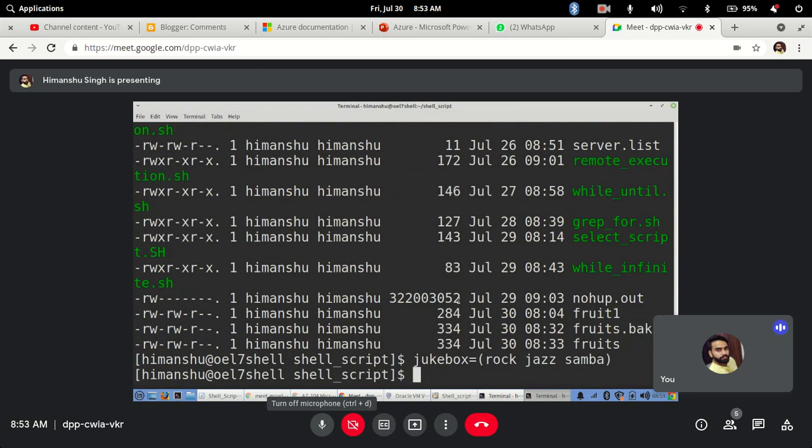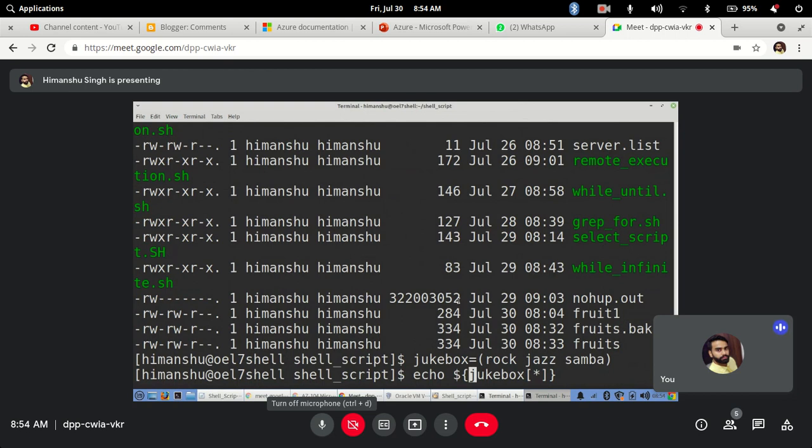Clear? Now if you want to display what is stored in my array, normally for a variable we used to put a dollar and the variable name, and if it was jukebox, it would just print the variable. But now this is an array, so a little change: the array will have a lot of entries at different positions, so I will put a star.